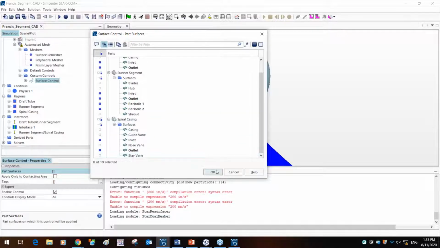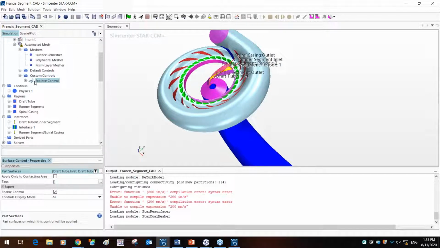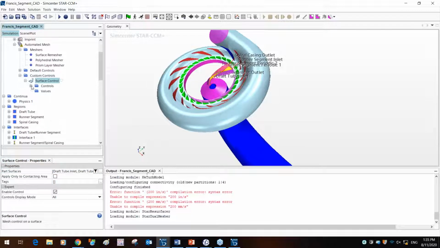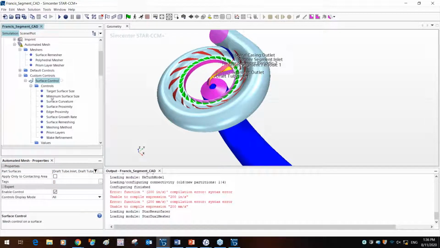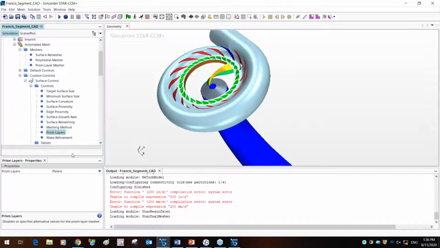Just going to click OK. And now we have all these surfaces selected. And in the controls, you're going to have prism layers. We just want to disable them on those interfaces because we don't want any sort of prism layer in the periodic regions or in the interfaces of those regions.